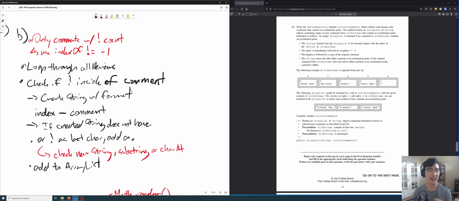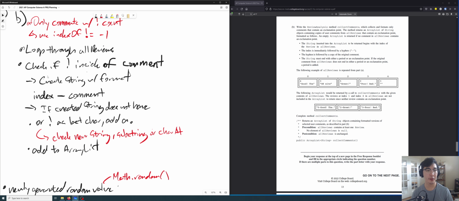I was writing this on a tablet, that's why it looks so different. But anyways, I loop through all reviews, I grab the comment, and I check if there's an exclamation mark inside of the comment. If there is, then I'm going to create a new string with the specified formatting.